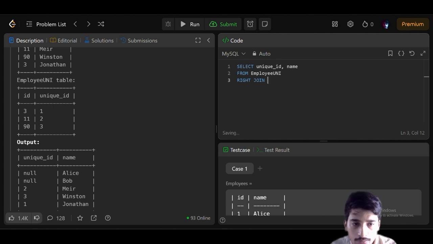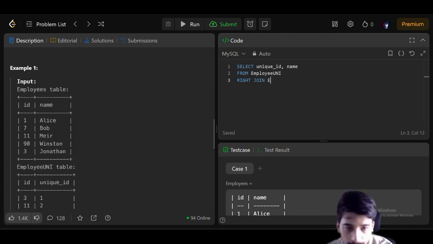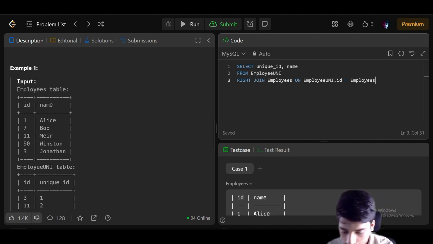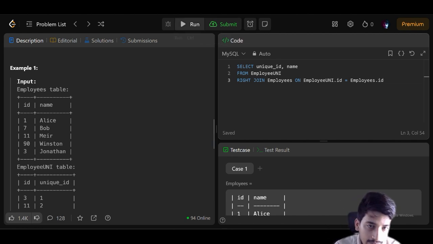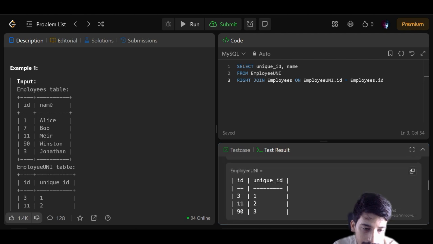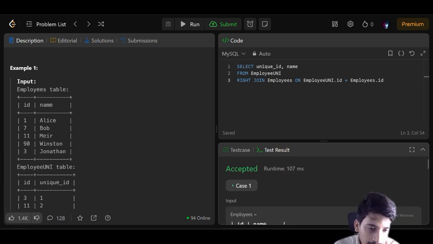So table 2 would be now our employee tables, so employees, and then on what's the condition. So here the employee uni dot id should be equal to employees dot id, and if I run this, we have gotten our result, and if I submit this,